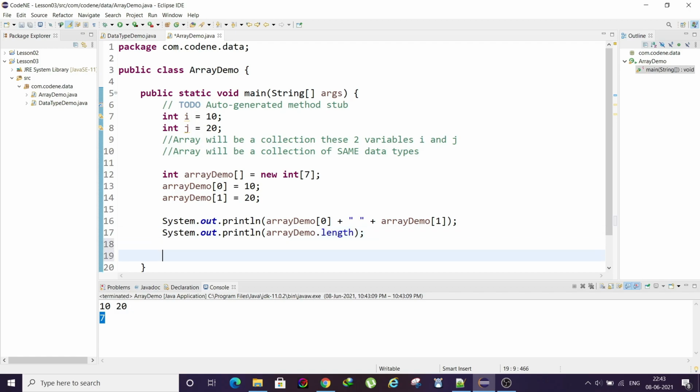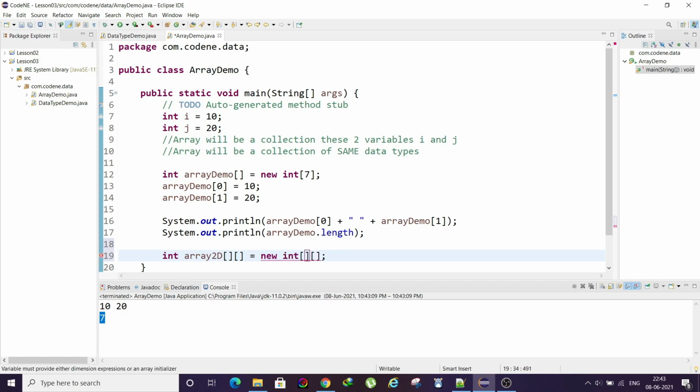Now an array can be two dimensional also. So here it's one dimensional. That means it will have a single row and 7 columns. Okay, right now it's having 7 columns. So in case of a 2D array, you can imagine a matrix. That will be actually easier for you to understand how multi-dimensional arrays are. So we will start with a 2D array.